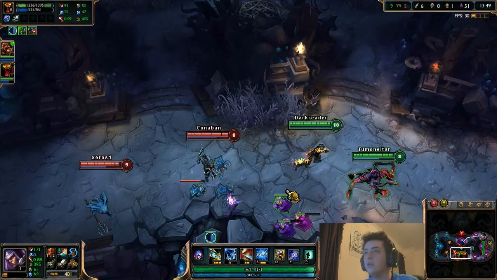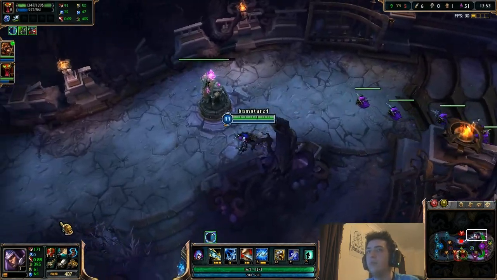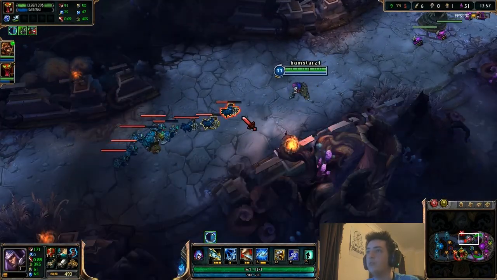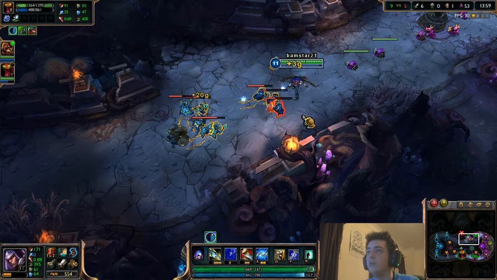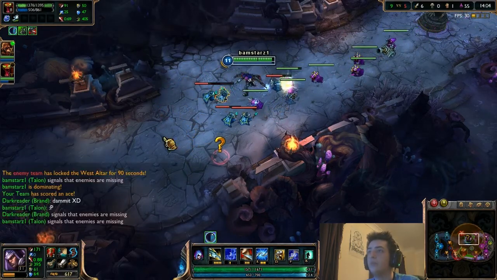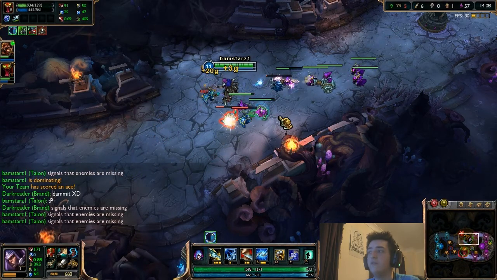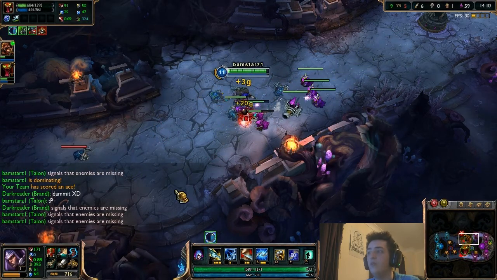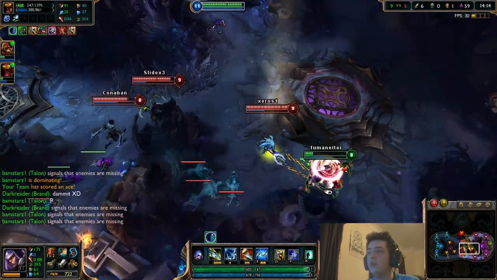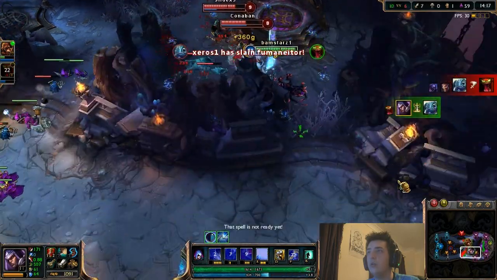Jax is getting very tanky, and soon enough I probably will finish into my Frozen Mallet, so I can be a bit more durable in fights. I'll get my Hexdrinker, my Frozen Mallet. I'm durable, and I can really smash out some damage, which is obviously a massive help. It depends, to be quite honest, if I'm really smashing out damage, then